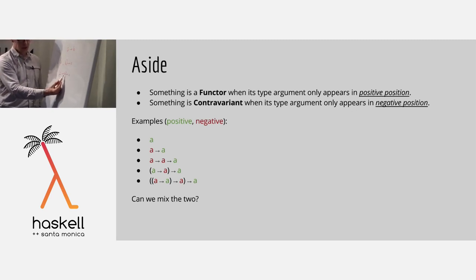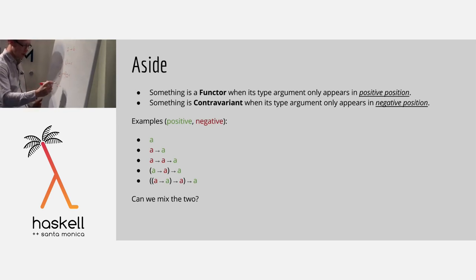But this has changed, right? So in this case, B is negative because it appears on the left-hand side of one function arrow, which is this one. Okay, so every time you go into a function arrow on the left, you flip the polarity, okay? This one is positive. Because I went inside two function arrows on the left, I flipped twice and now I'm positive again. So A is positive, right? So the rule is I can make a functor when the type argument only appears in positive position. So if I want a functor for something like,